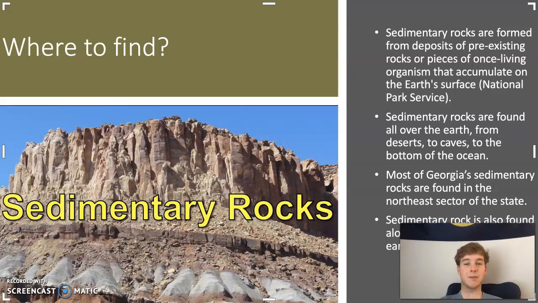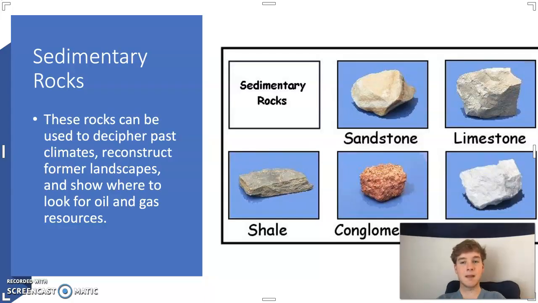So, like I said, most of Georgia's sedimentary rock is in the northeast, but it's all over the state. You can find it in a lot of places. These rocks can be used to decipher past climates, reconstruct former landscapes, and show where to look for oil and gas resources. Then I have a little picture of some of the most common sedimentary rocks, like sandstone, limestone, shale,